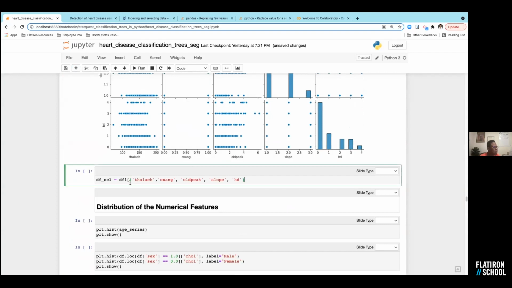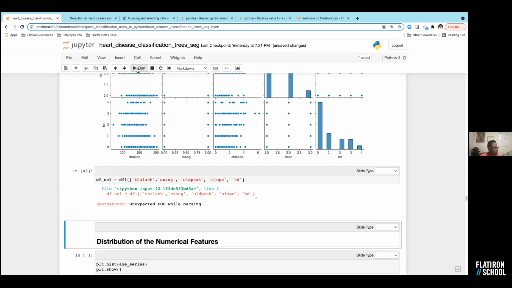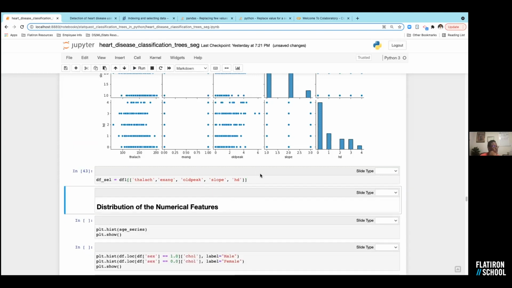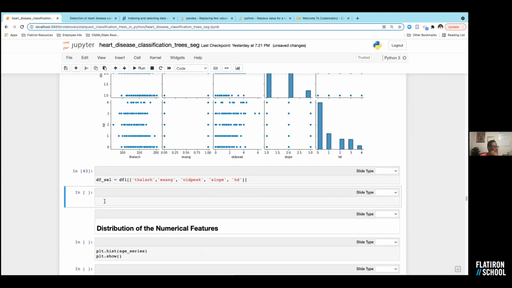And if I wanted to select from the data frame that I had used to make heart disease a binary variable, as opposed to 5 different categories, right? So now if I did that and took a look at it again,